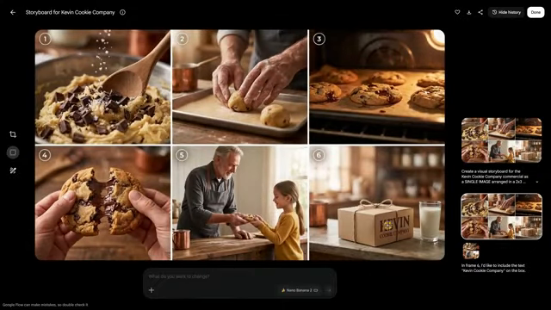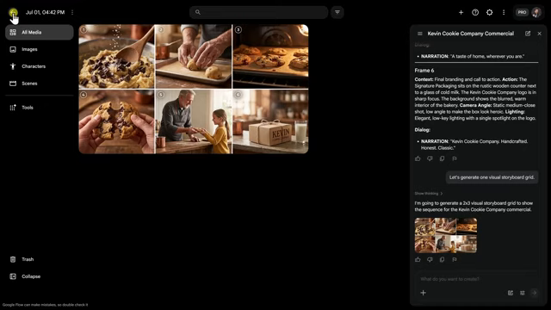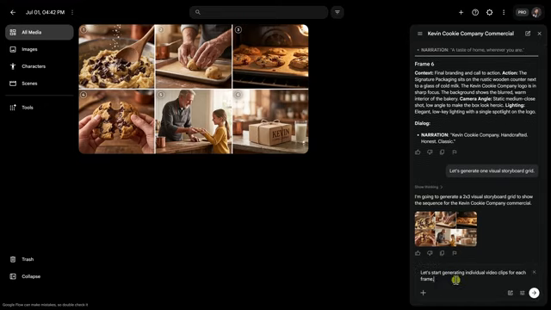Beautiful, look at that. I love the text on the box. Now, the nice thing is that we're catching this now. We could refine the storyboard before spending time generating the final video clips. Let's now go back to the main view. I think this storyboard looks great, and I'm ready to start generating the final video clips. So right down below, let's type in, let's start generating individual video clips for each frame, and then I'll send